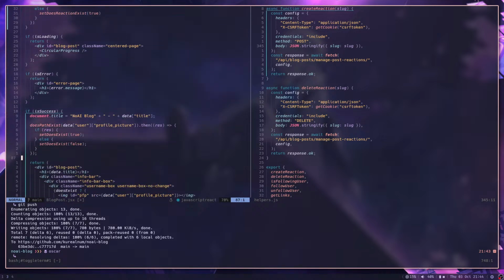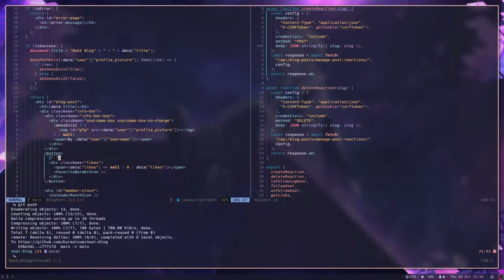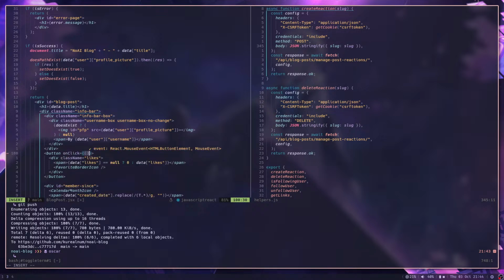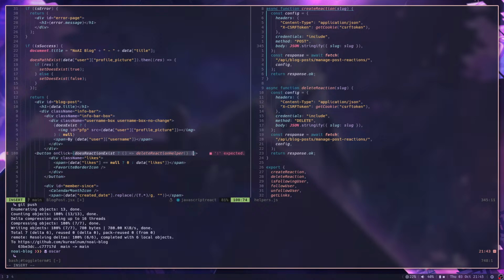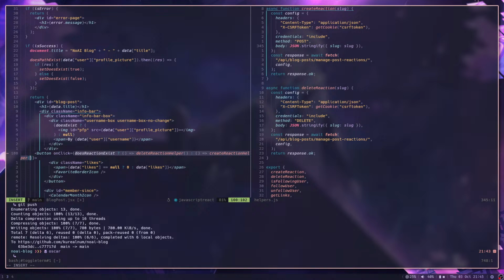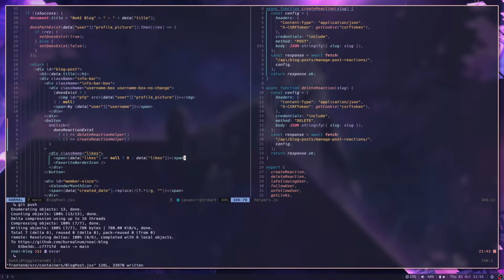Yeah, and let's go down here now. And now we can do what I originally wanted to do, which is first off, let's have it on click. Does reaction exist? If it does exist, then we want to return delete reaction helper. But if it doesn't exist, then we want to return create reaction helper. Wonderful. And now for likes,